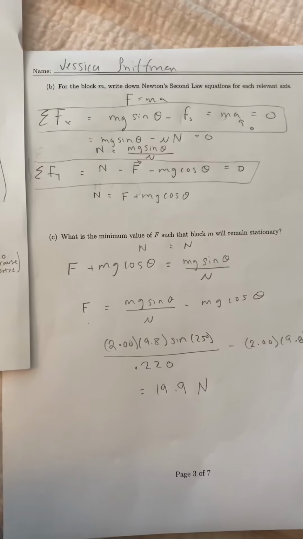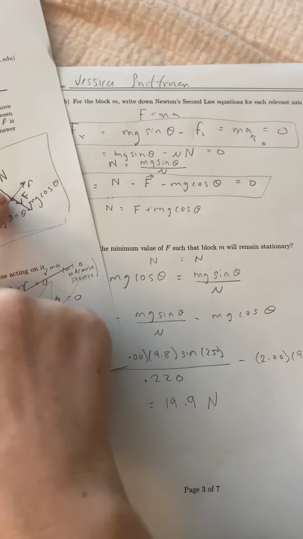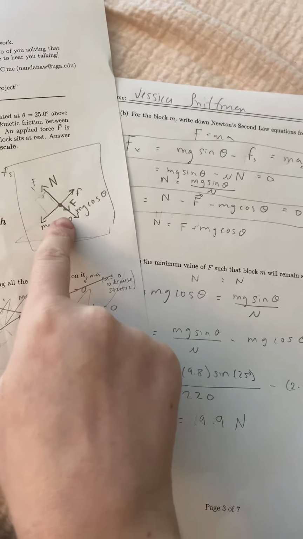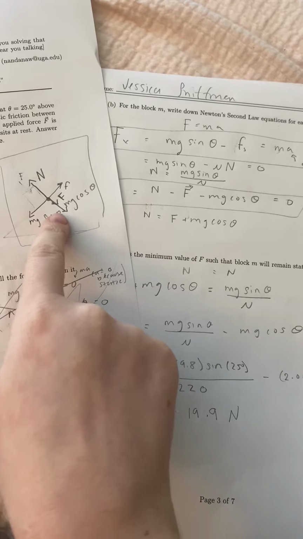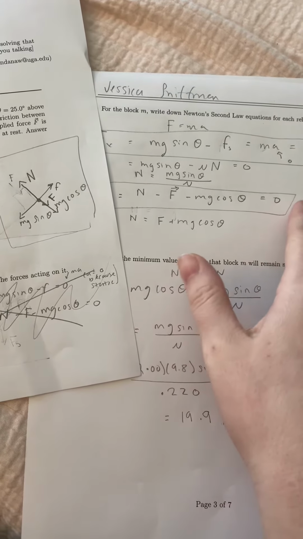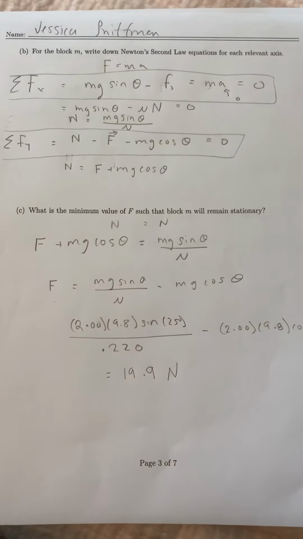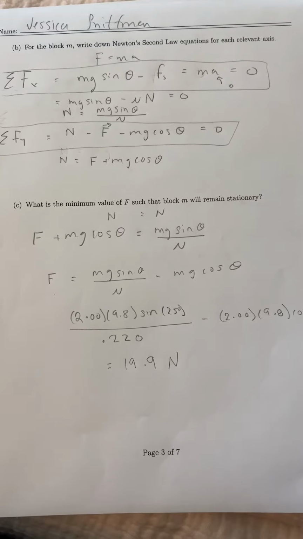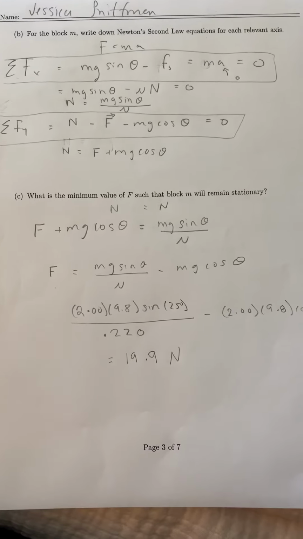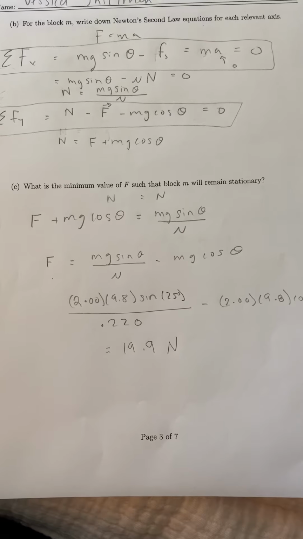And then for the y-axis, you can look at it the same way. So it would be the normal force minus the force adding on to it minus mg cosine of theta is equal to 0, and it's 0 for the same reason. And then for the value of F that you would need to make the whole system stationary, you can just